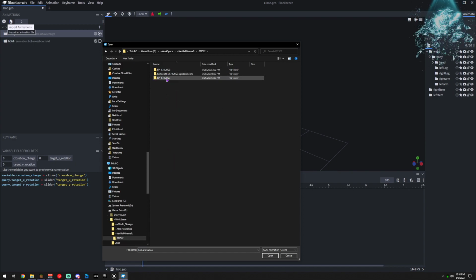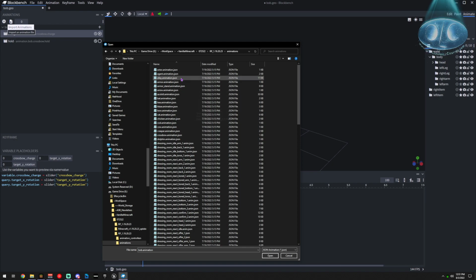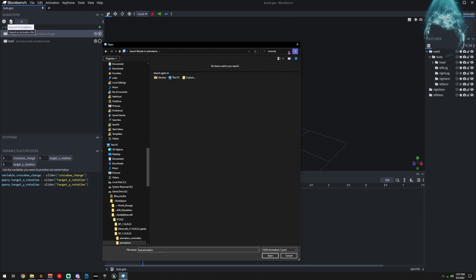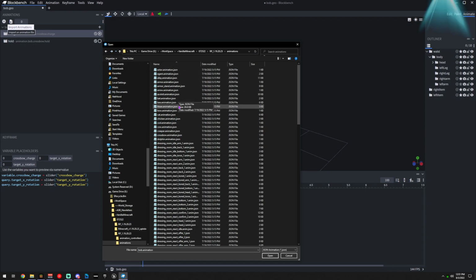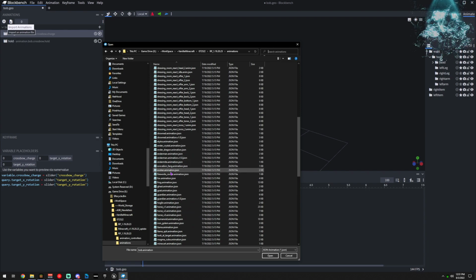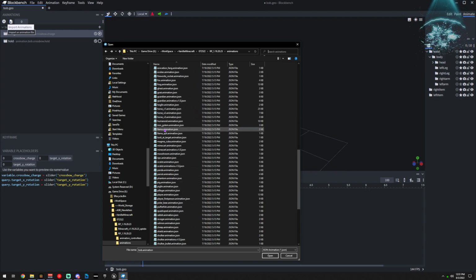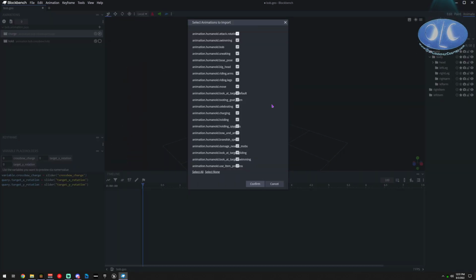Vanilla Minecraft. So then you can come in here to your RP and you go to animations, and we could pull up the humanoid animation, should be in here. Maybe it's just move. I don't remember what it's called. We could just go back and look at them. So we have bow, bat. You can see all of them that are in here. Oh, human. I must have spelled it wrong. Humanoid. So now here's all the humanoid animations.